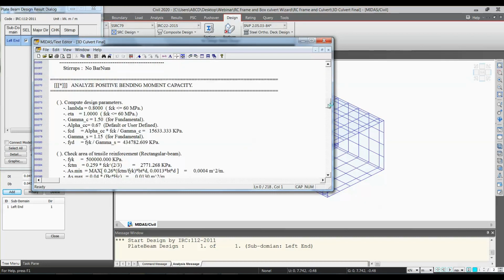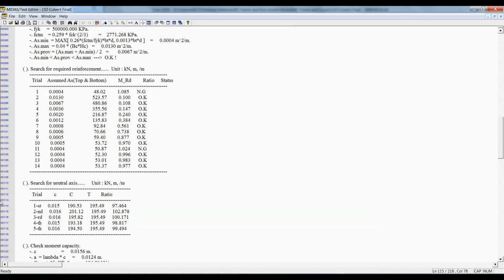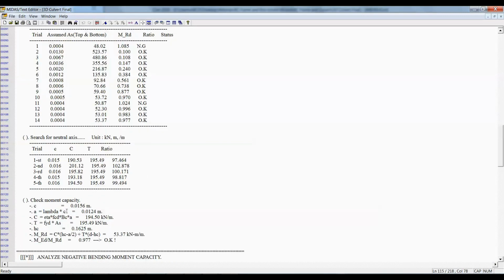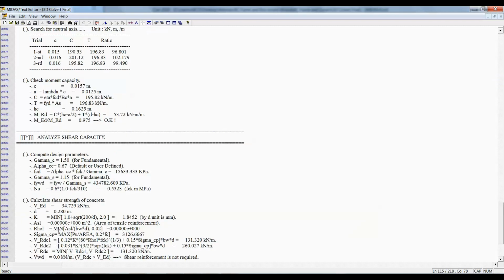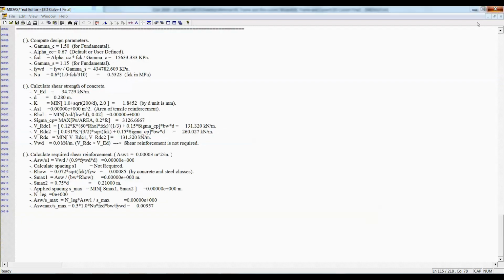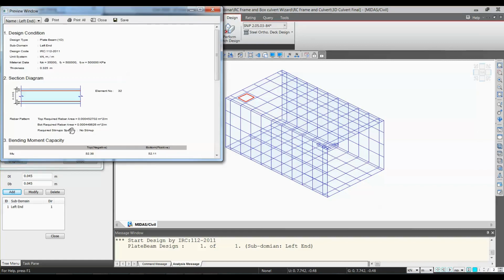So now you can see, you are aware of it. It will first find the neutral axis, then check the moment capacity. It would be the same for positive and negative moment capacity. If you see the graphic, it would be much easier to find the top reinforcement. As I said, this is per unit width, whether it is mm or meter.